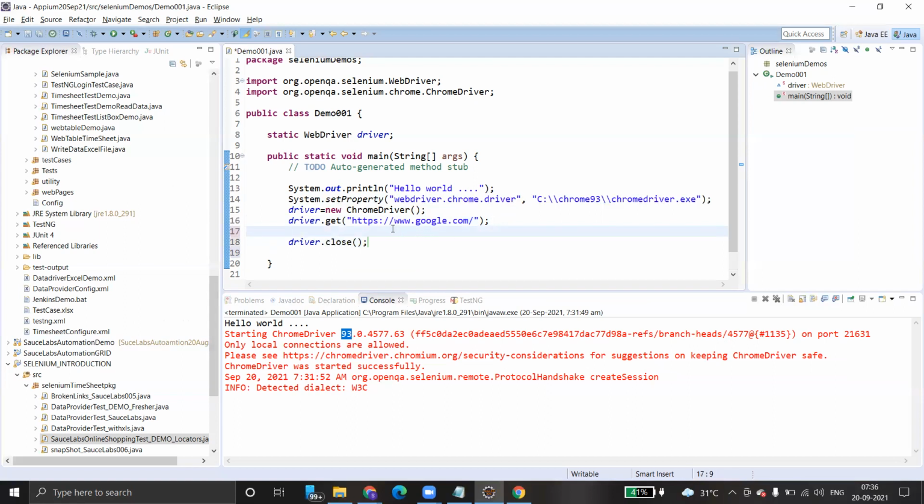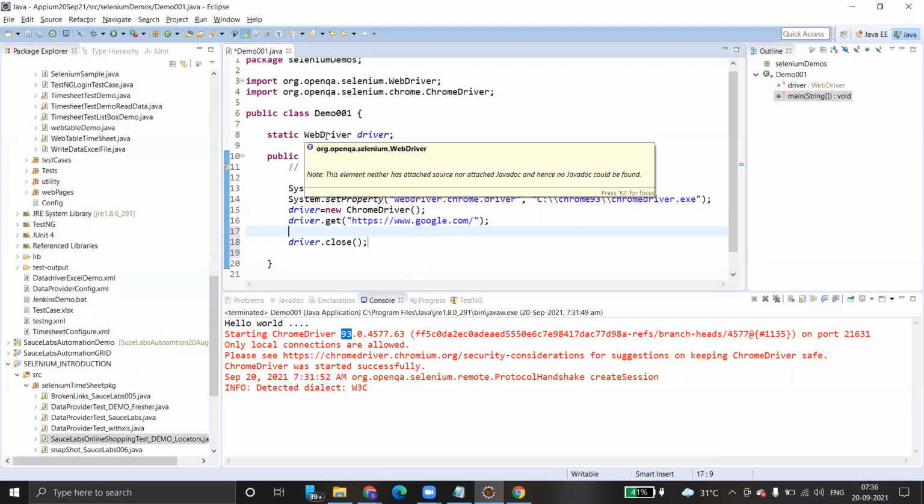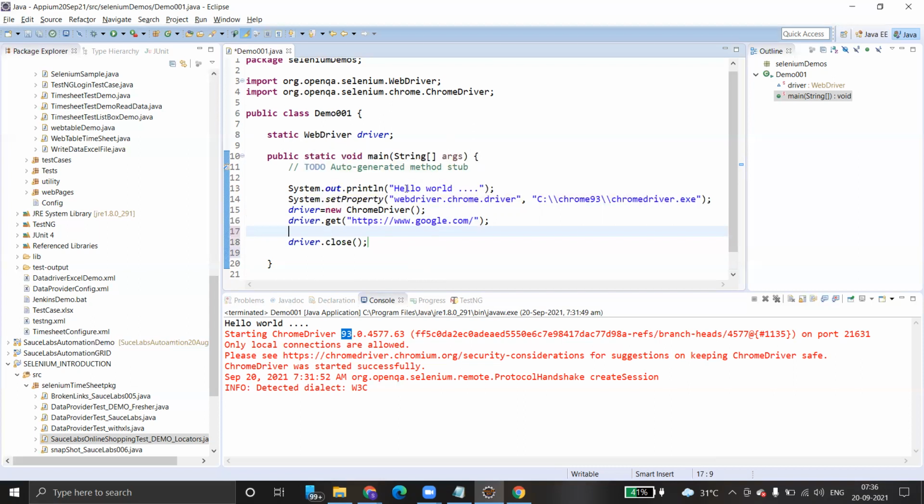One question. We wrote static in front of WebDriver, right? That is because we declared the WebDriver outside the main method and we are accessing it from within the main method. Correct. WebDriver should be static because you should not change the instance from time to time. There would be only one WebDriver that takes care of the entire test execution. Once the session is created, we should not change the instance of the WebDriver. That is the reason we make it static.